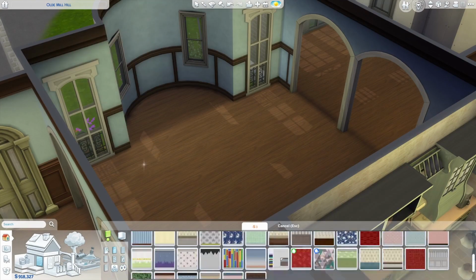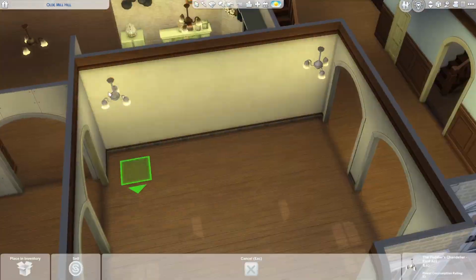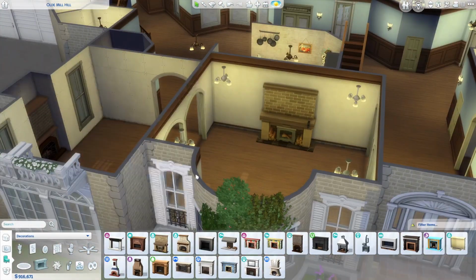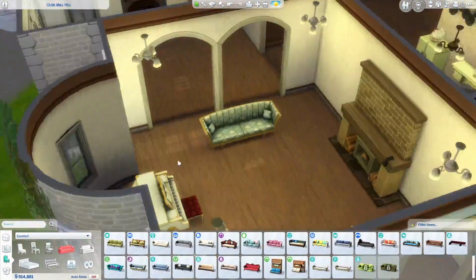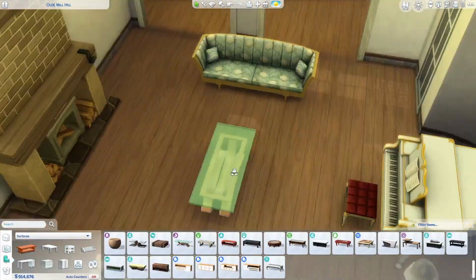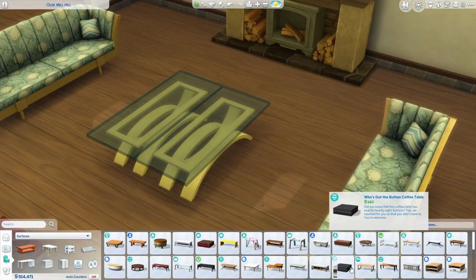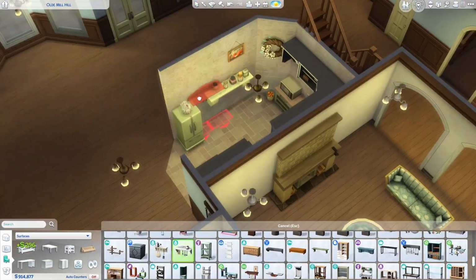And then here we go into the living room space. Obviously I wanted to put in a nice fireplace area. There is a fireplace area in the dining room, but this is a more formal living room, so we put in the career piano that Lacey had from her career. We've got the fireplace, we've got the